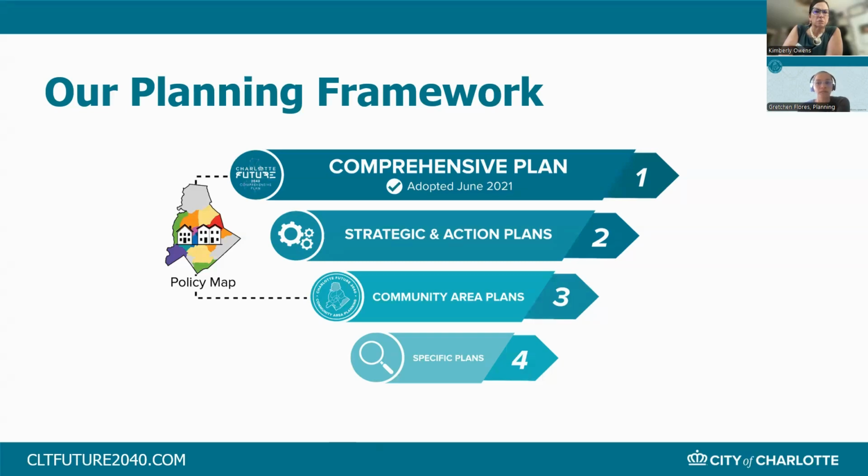Then we move into level 3, which is where we are today in the community area plans, and those provide more guidance that are appropriate for land use, building form, infrastructure, and how that should all play out within the geographies themselves. And then level 4 are specific plans, and those focus on smaller areas within a geography and provide guidance for implementation of specific projects. So think of your corridor plans or your transit station plans, and that's what specific plans really look at. So they look at the neighborhood level improvements that may be needed.